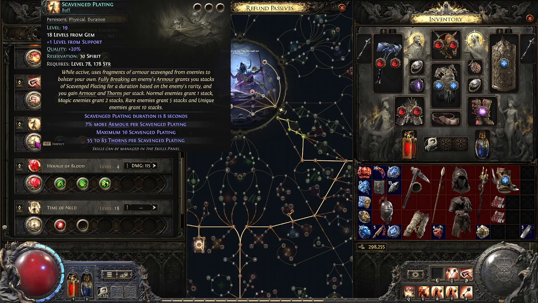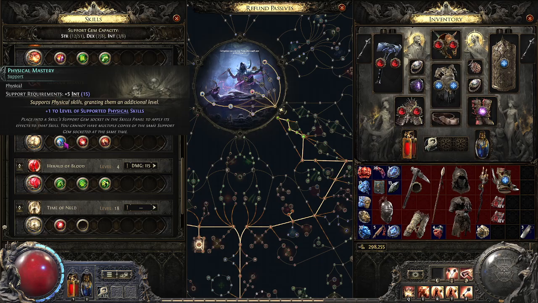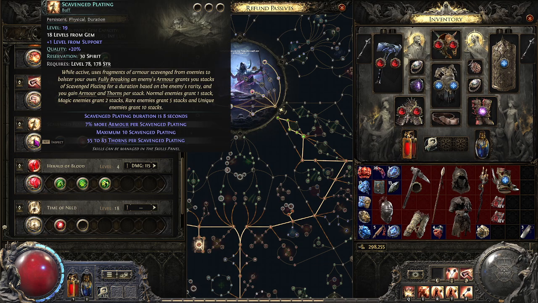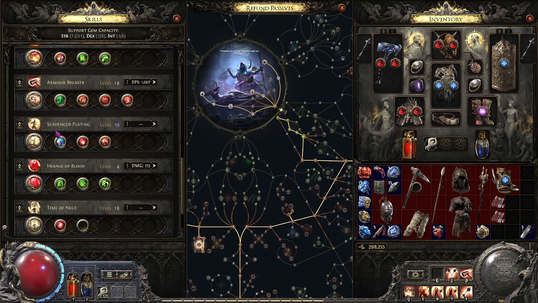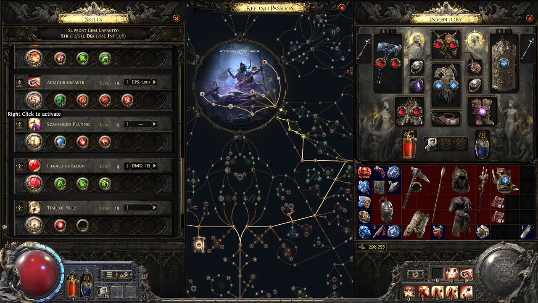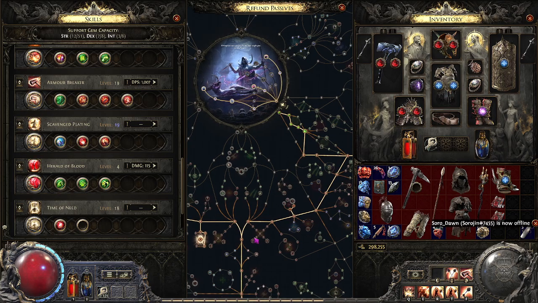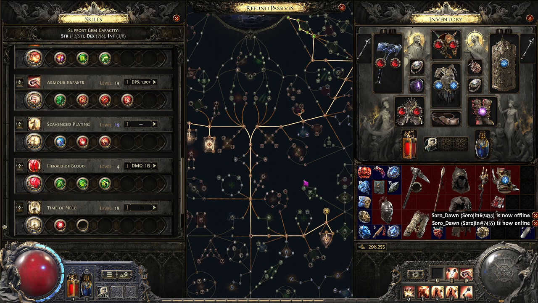You want to keep this as high of a quality as you can. You want it to have +1 level in there because this is a major source of thorns. I think the gear is 200, 200, 200. Basically, roughly 60% of my thorns damage comes from scavenge plating. You want to get this as high a level as possible. You would want the Prism of Beyond Belief with +3 scavenge plating, but that's like 90 divines, mostly because